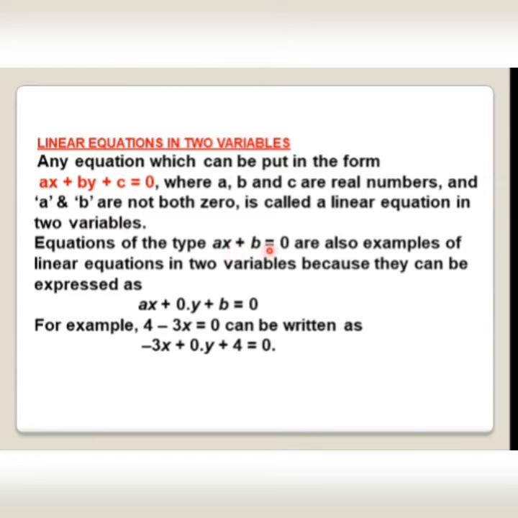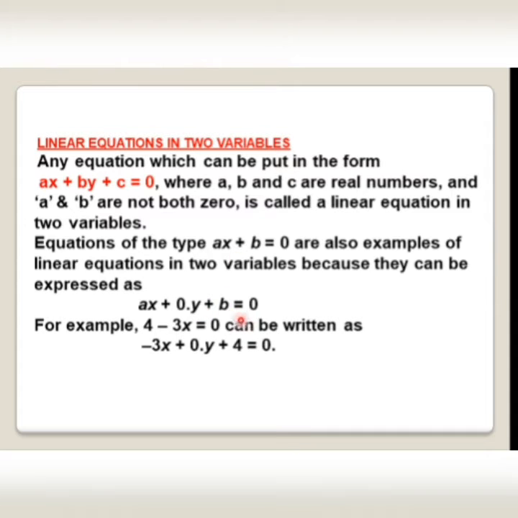Equation of the type ax plus b equals to 0, like we studied in our previous slide, we can also say now it is a linear equation in two variables also. How is it possible? So just see. Now if by chance we get this ax plus b equals to 0, but as our topic is linear equations in two variables, that means we will change this equation with two variables. How to change it? Just see. ax is as it is, plus b, y term is not there. So the term with y variable is not there, so we'll write 0 into y.